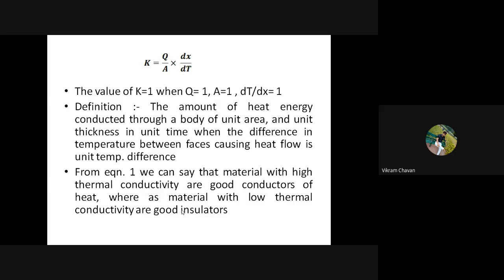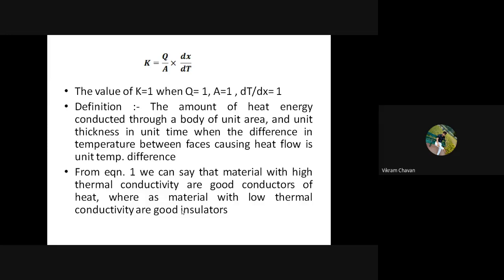Actually I have to mention that it is a property of any substance. Okay, it is one kind of property of a substance. Like we consider the resistance of a substance, then we consider thermal diffusivity, so there are multiple properties we know for any substance, and in a similar manner this particular thermal conductivity is the property of a substance. Okay, and it is a specific property at a specific temperature.